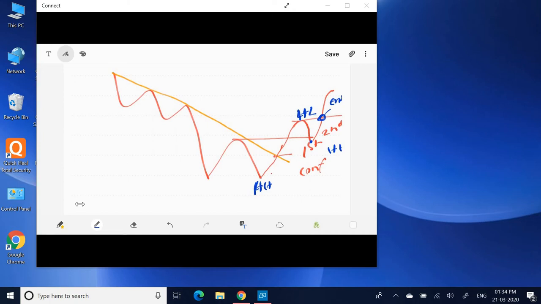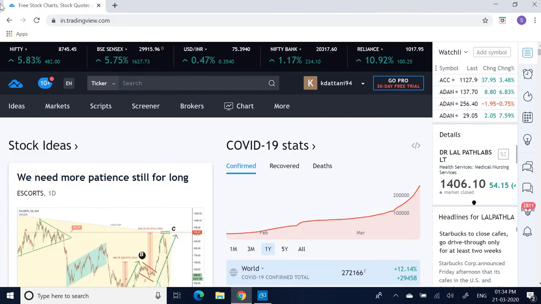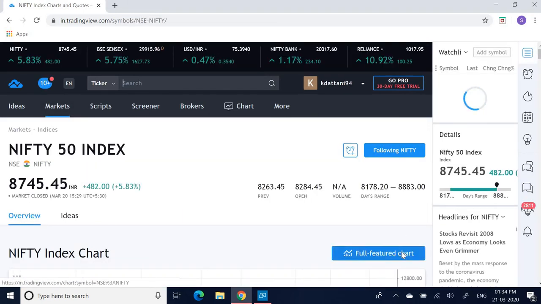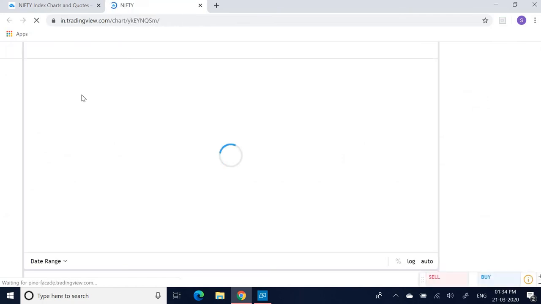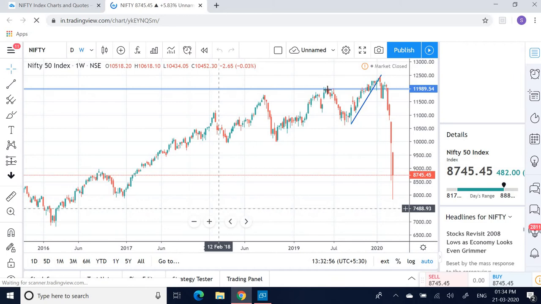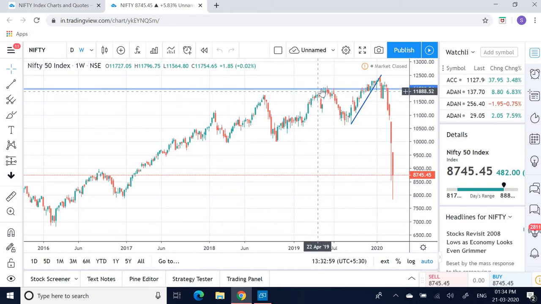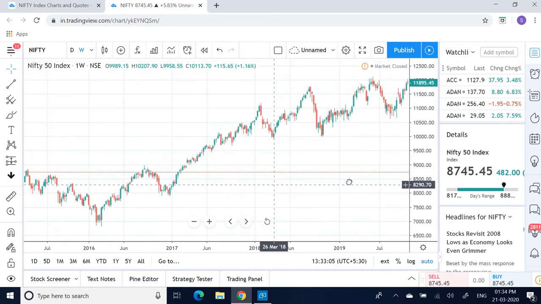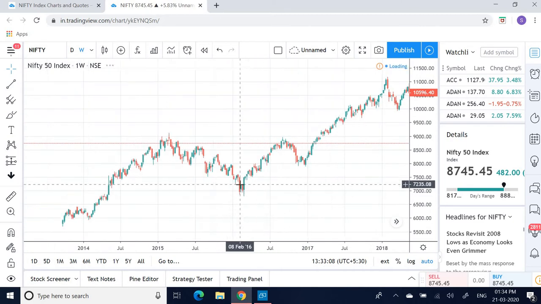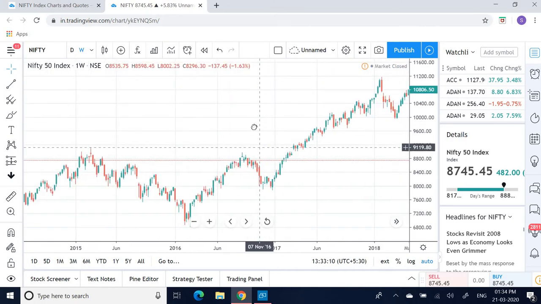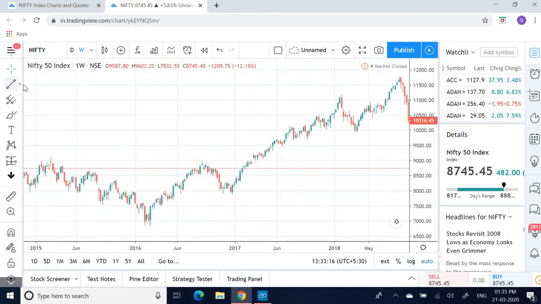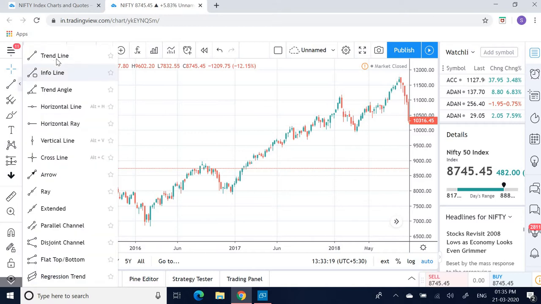Okay, so now this has been the theoretical part. Let us just go and look at some charts to understand how this works. So first let us start with Nifty. Let us first begin with a weekly chart for investment purpose. See, what you would see over here is, if you are following what I said about the Dow theory, what you would notice over here,